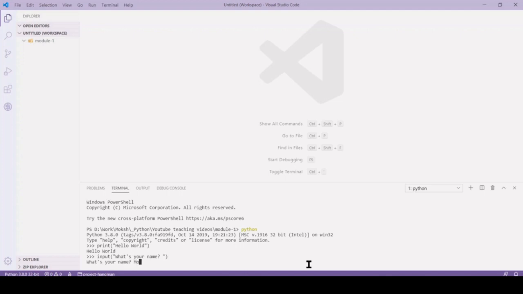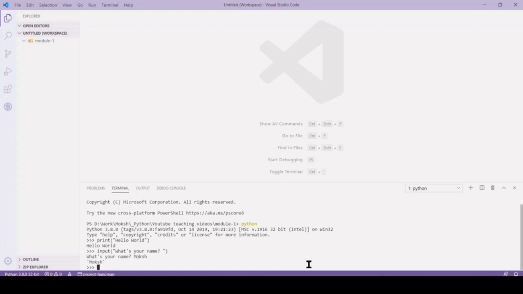So it asks you, I'm just going to write March, and then it gives the string, and we can't use that string anymore to print. So what can we do? What we can do is assign the string that I've given back to a variable. So let's say name equals the same thing, input, what's your name, okay,